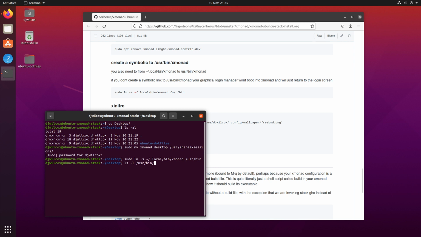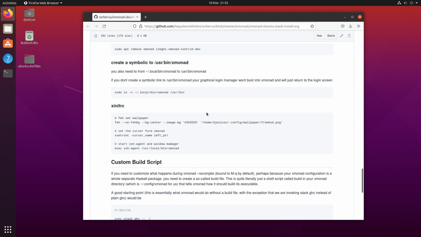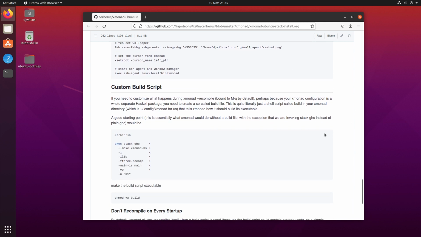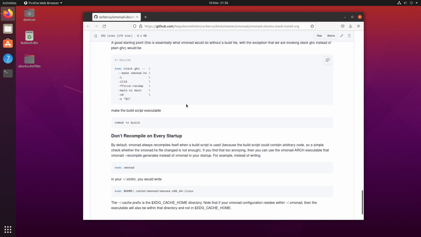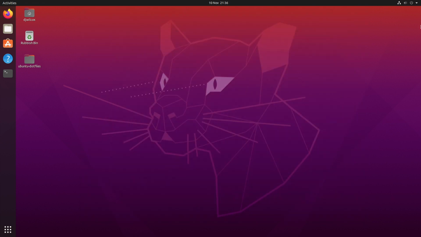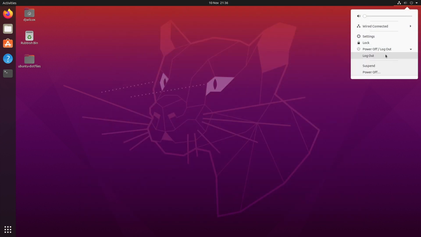/usr/bin/xmonad, you can see here that's a symbolic link pointing to my user directory .local/bin/xmonad. So that should be the final step. There is a section in the documentation about a custom build script, but I haven't actually gone into this as yet. So what we'll do now is we'll log out,